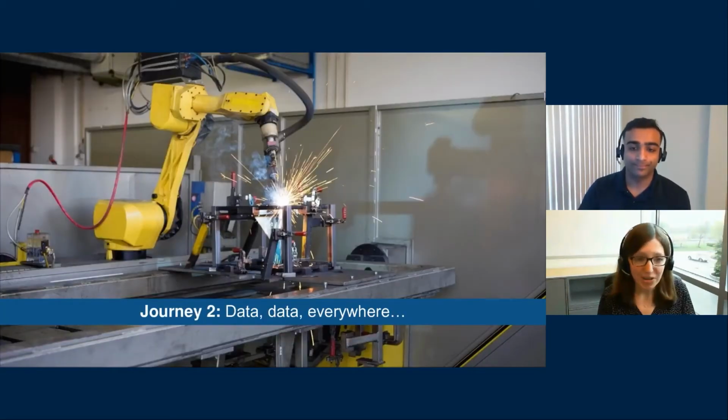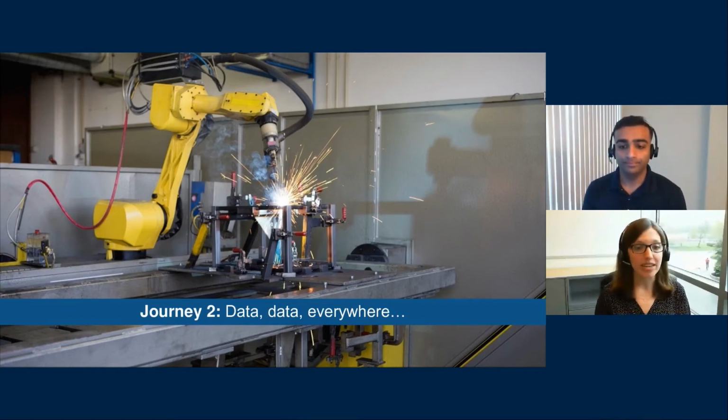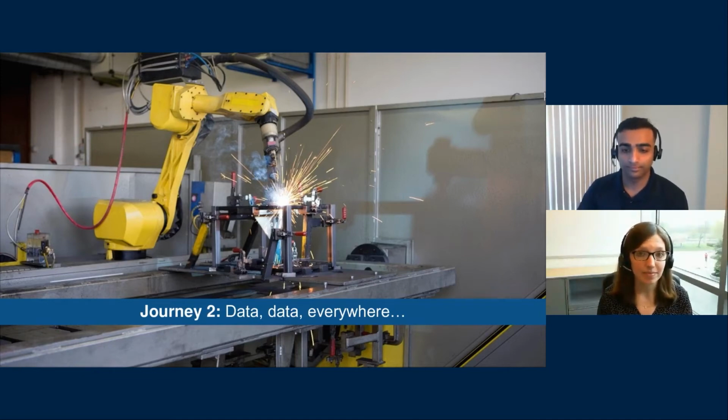Okay, so I started with my air compressors because I actually had labeled data and I knew what types of faults I wanted to predict, and that worked pretty well. Unfortunately, most of the machines in our factory aren't like that. We have industrial welding machines and we're doing scheduled maintenance on them every month because it's really important that they don't fail. But because of this, we don't see very many failures. When failures do happen, they're really unexpected and they can take down our entire, oh, excuse me, I'm getting a